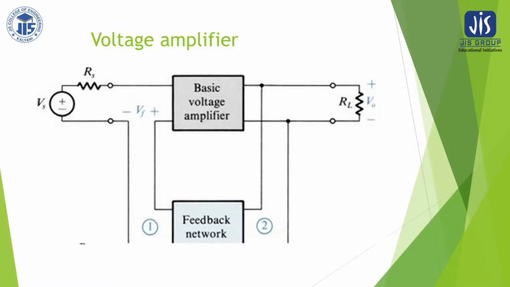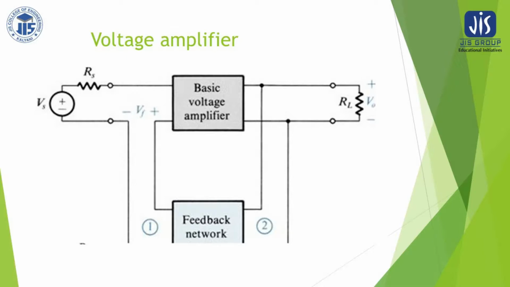So remember, this source side Vs and Rs, and on the load side RL, they are outside the voltage amplifier. So therefore, within this marked region, this is known as the voltage amplifier. Now see this one carefully. Suppose this is your source voltage, need to be fed to the voltage amplifier, and you want to feed the voltage outside to be maximally fed to the input side.